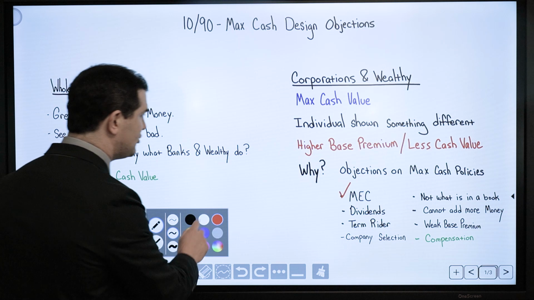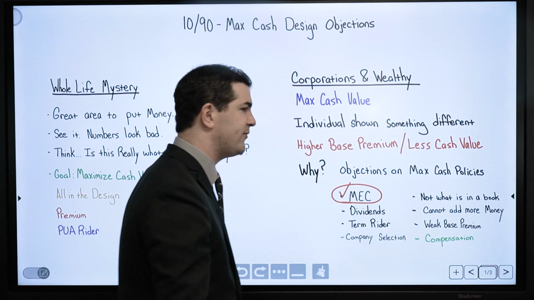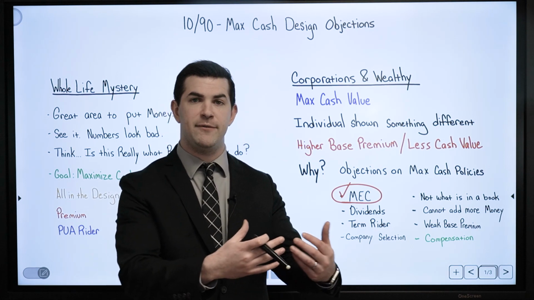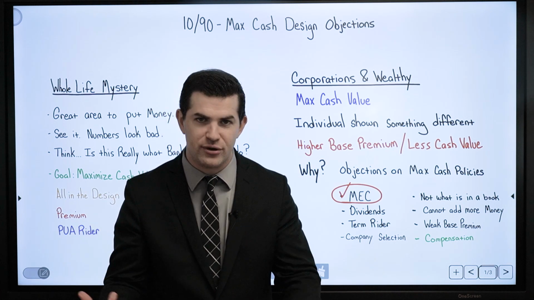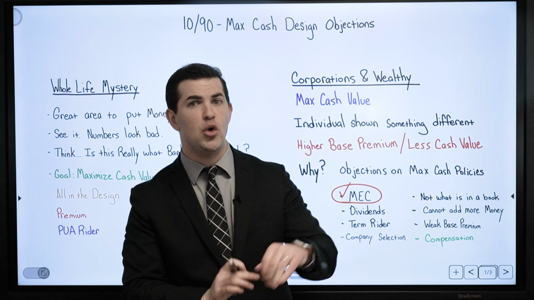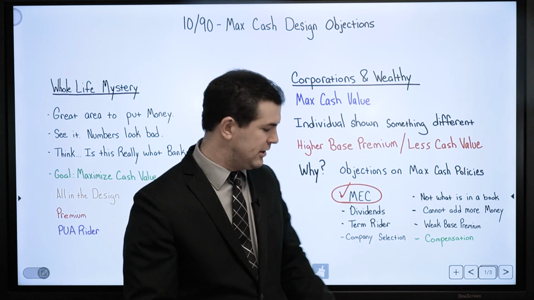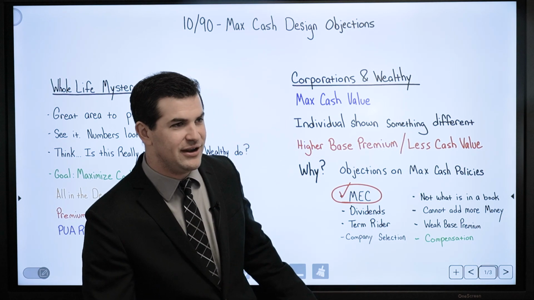So, around that objection of the MEC occurring, I do hope that this was helpful in terms of providing information of how to forecast if a MEC will occur and then how to prevent it. So we can absolutely have a maximum cash value life insurance policy without the worry of running into a MEC down the road. And if we did, it's very, very easy to fix. You can easily reverse it.